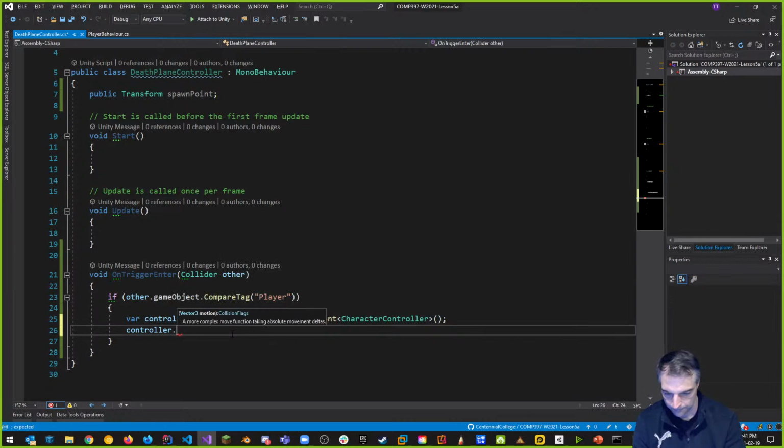Or I can do a SimpleMove, which adds speed onto my character. So I have to be careful. This is not what I want. I don't want it to move by adding speed. It says motion here, and you have to be very cautious about what this is doing. It's a more complex move function taking into account deltas, which means I'm going to actually add motion, almost as if I'm adding